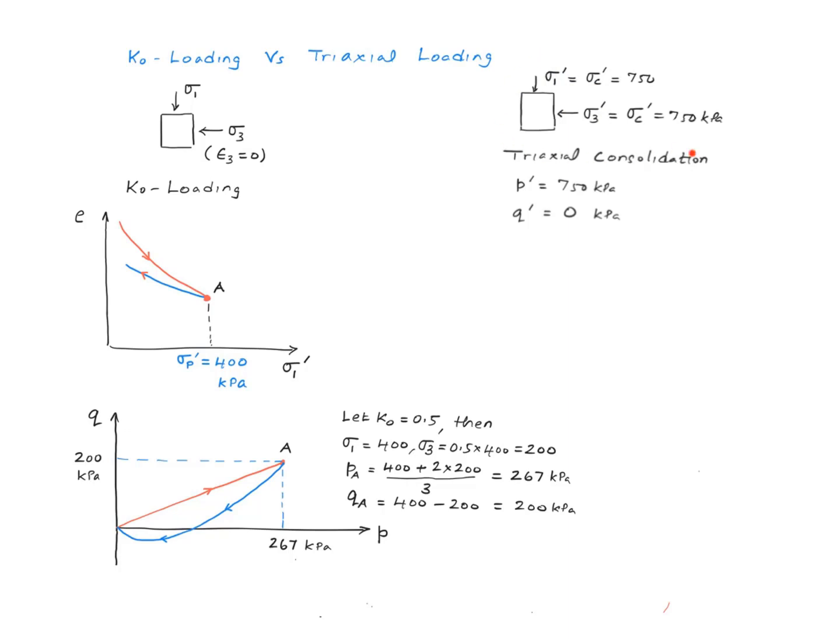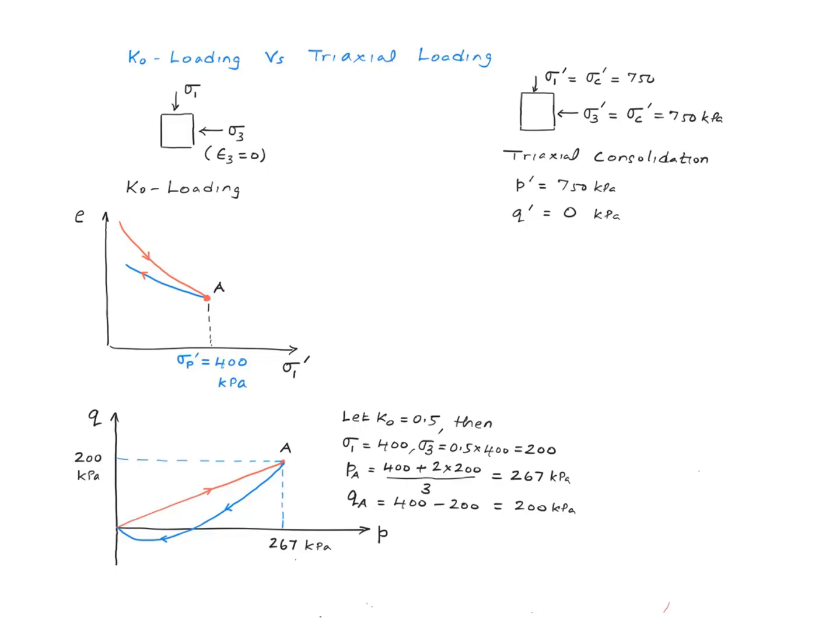Alright, so we bring the specimen to the lab and put it in a triaxial cell and consolidate it under an effective confining pressure of 750 kilopascal, right? So at the end of the consolidation phase, sigma 1 prime will be 750, sigma 3 prime will also be 750, and therefore P prime at this point is 750, Q prime is 0, right? So using this data, we are trying to figure out whether the sample is now over consolidated or normally consolidated,